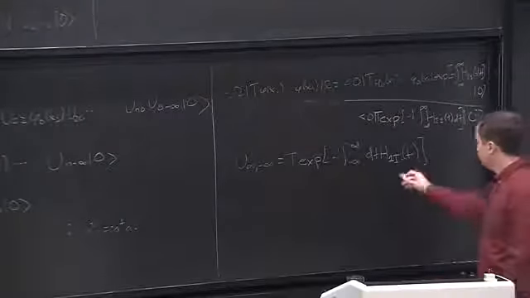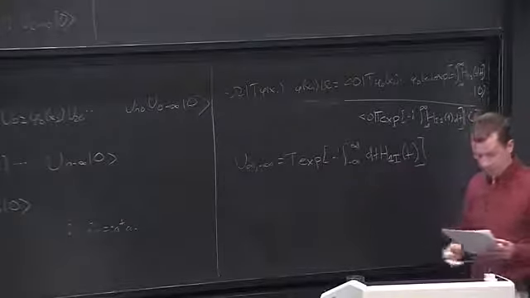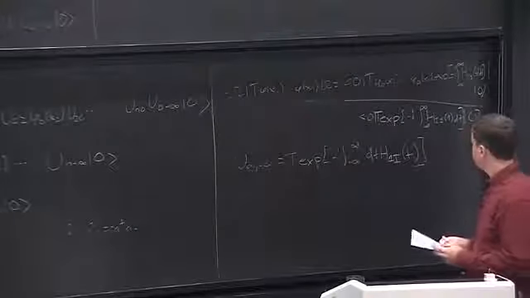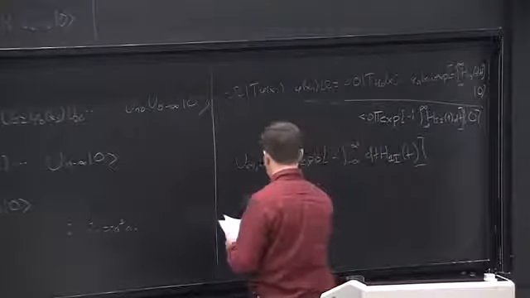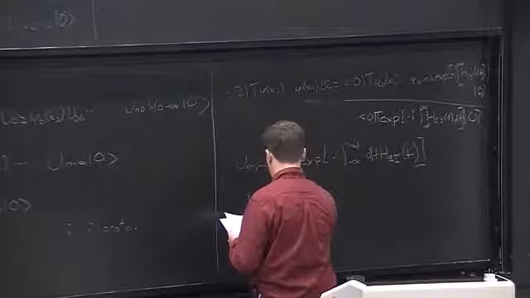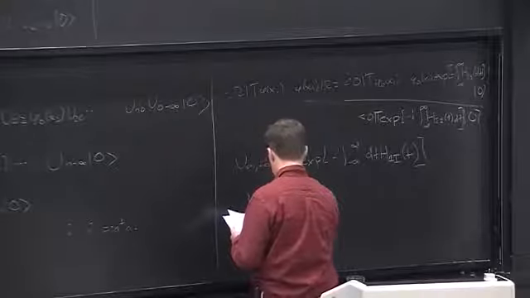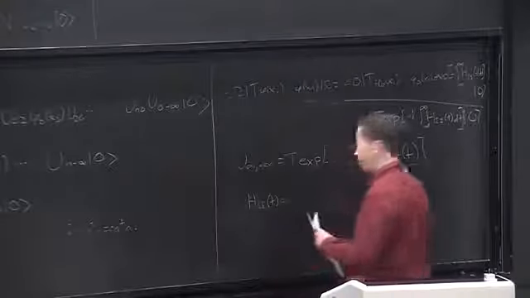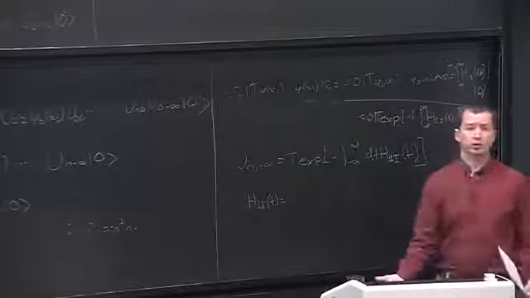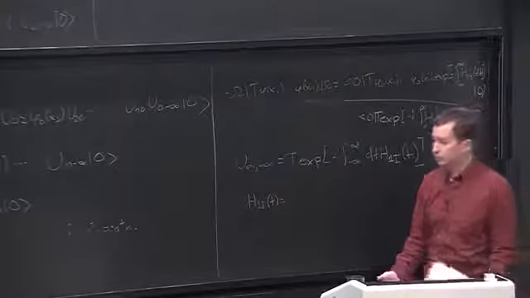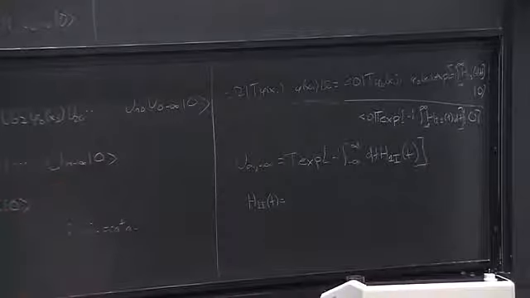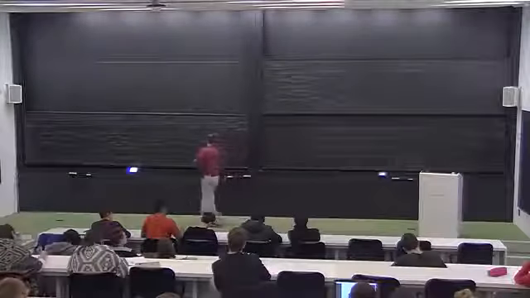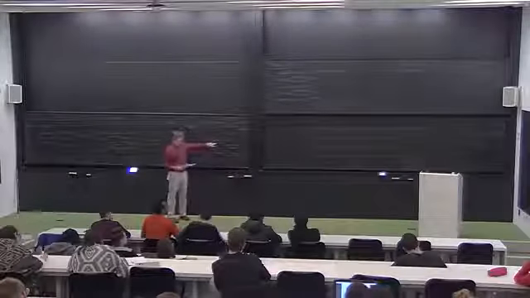And the interaction picture Hamiltonian is just related. So assuming that for the cases we're interested in, our interaction term is always just going to be a power of the fields, if we want to go from the Heisenberg picture to the interaction picture,